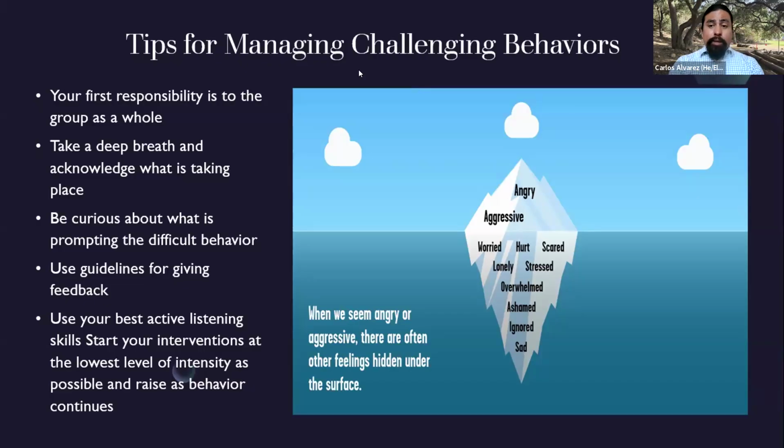That does not mean that if Dexter has a situation that it won't be addressed. But the idea of stopping everything for Dexter and just kind of ending class is a significant move, and it sends a message that one person is now going to take over for the whole group. This is something that is really important.